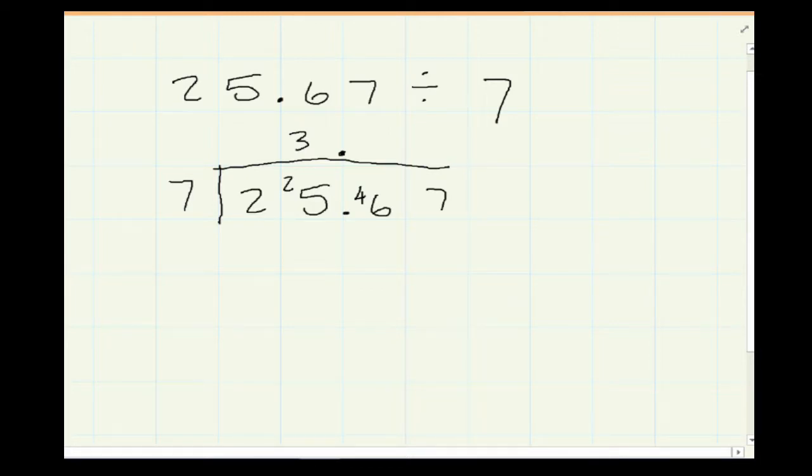7 goes into 46. 7, 14, 21, 28, 35, 42. So that means it goes in 6 times. Took me a while there. I have another leftover amount of 4, and then I'm going to get the same answer of 6 again. Now, you could say that it goes in 6 times with a remainder of 5, but because there is both a decimal and a remainder,